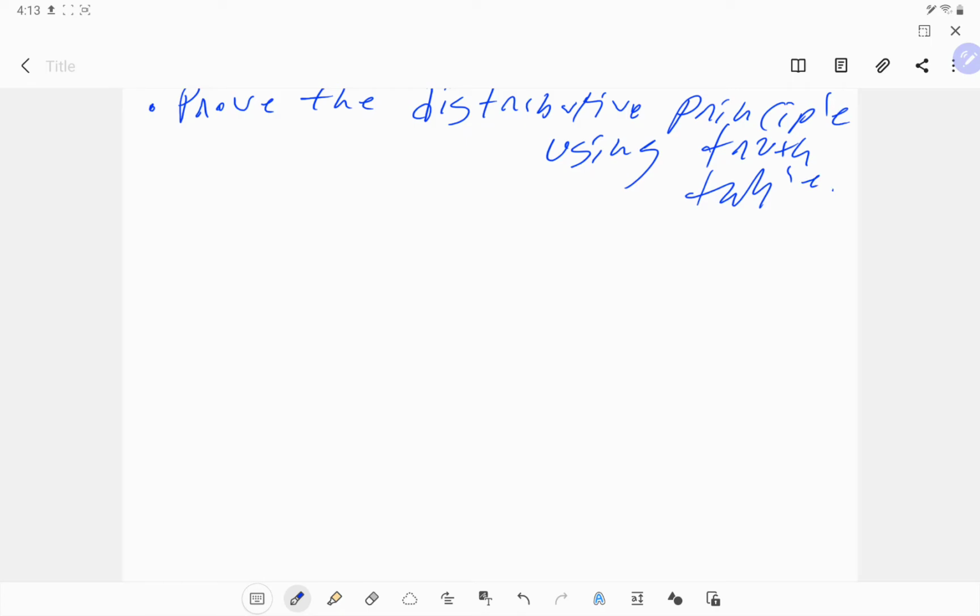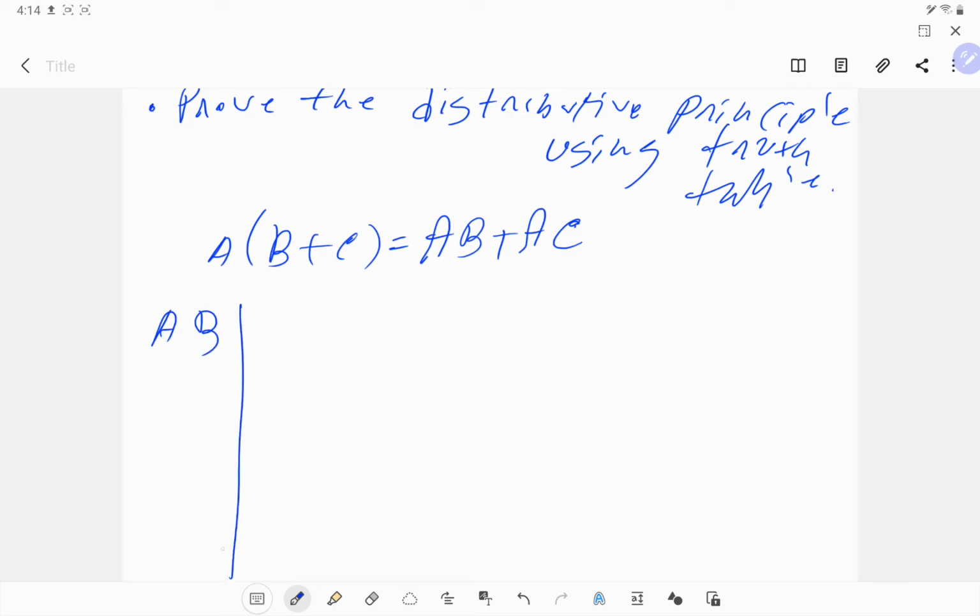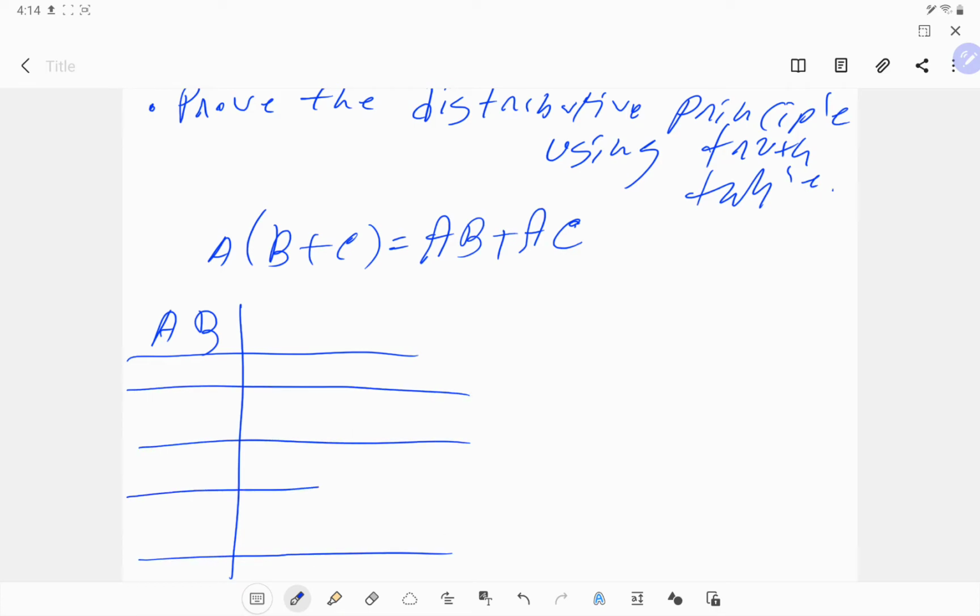So what is the distributive principle? We know that there are two forms of the distributive principle. The first form is A times (B plus C) equals AB plus AC. Now if we have the truth table for A and B, okay, so now we want to find the first expression, the left hand side expression, and the right hand side